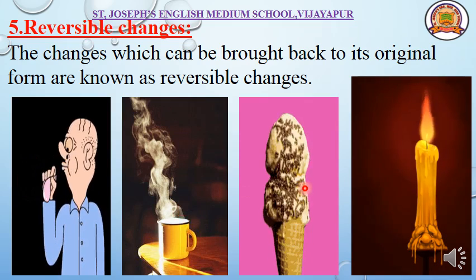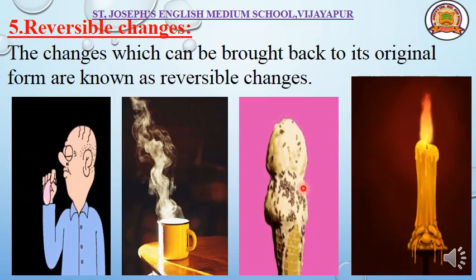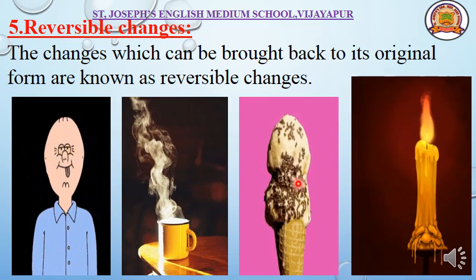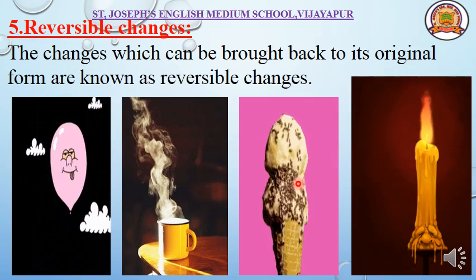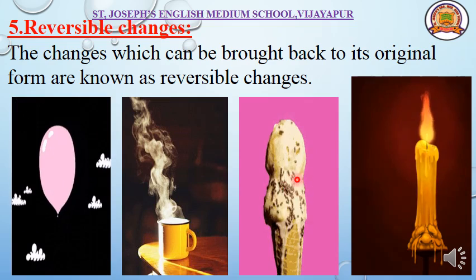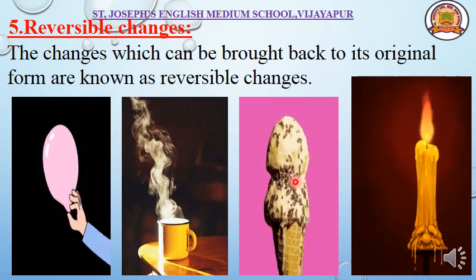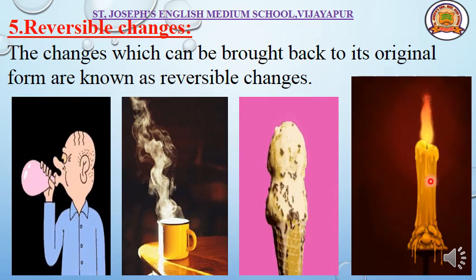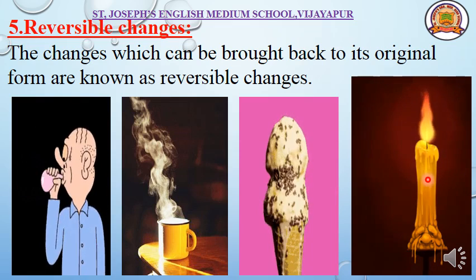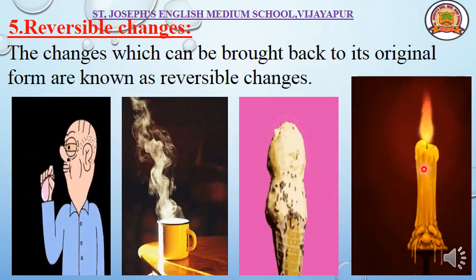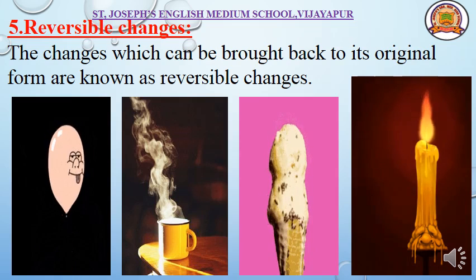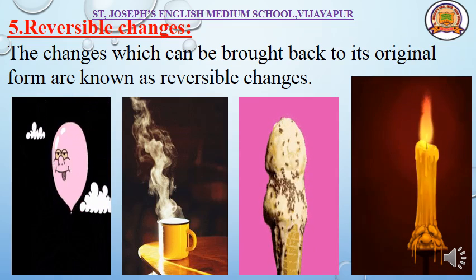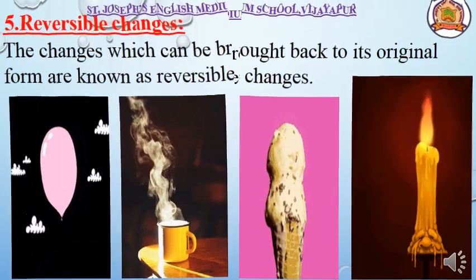Melting of ice cream. When it melts, it changes from solid to liquid. Again we can collect the ice cream and freeze it. Then it comes back to its original position. It can come back to its original form. Melting of wax. Wax melts. It changes into liquid wax. When we collect the liquid wax and freeze it, again it can become solid wax. These are the